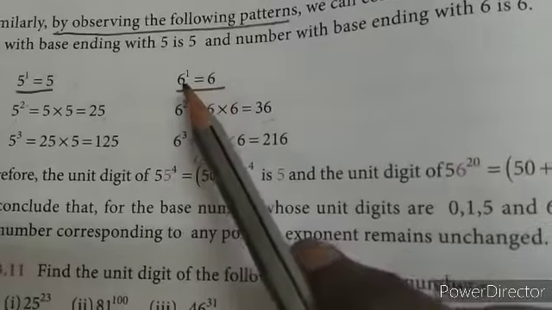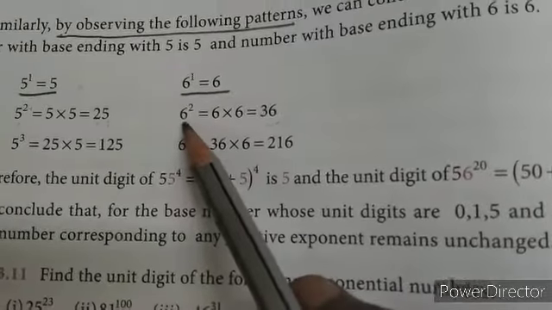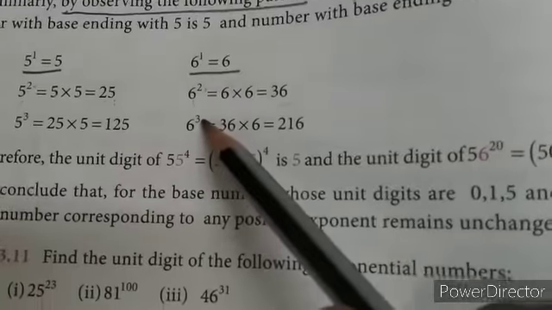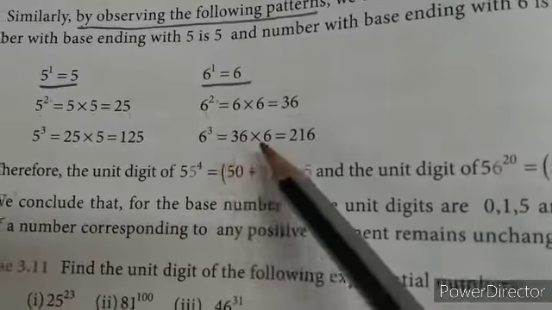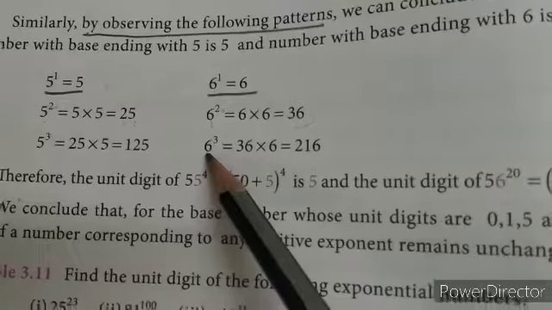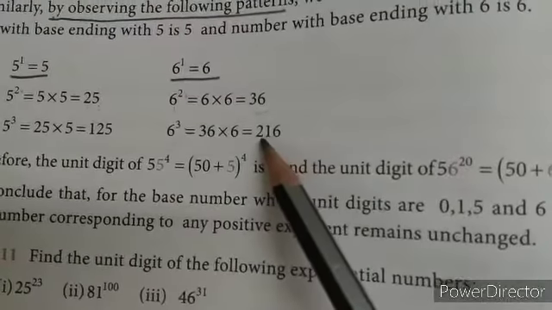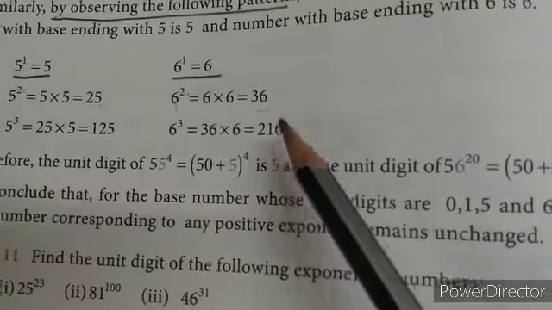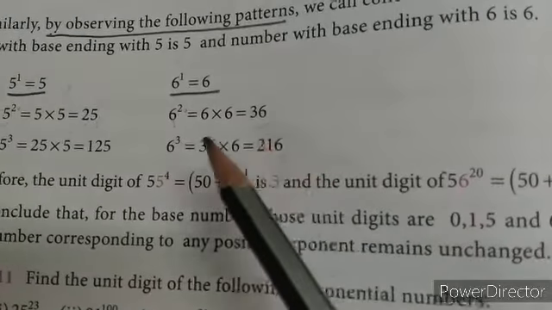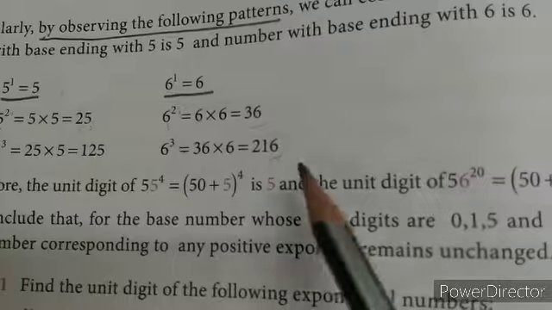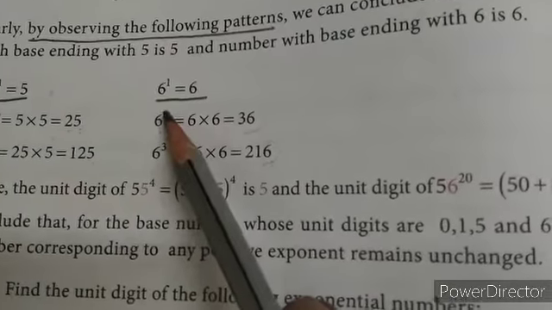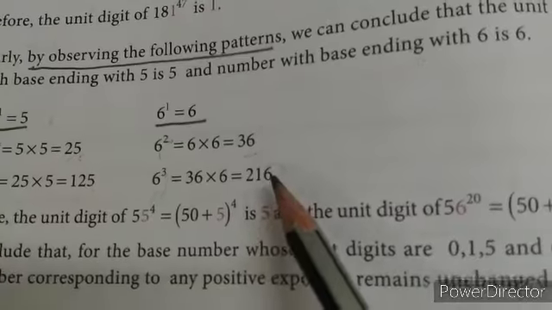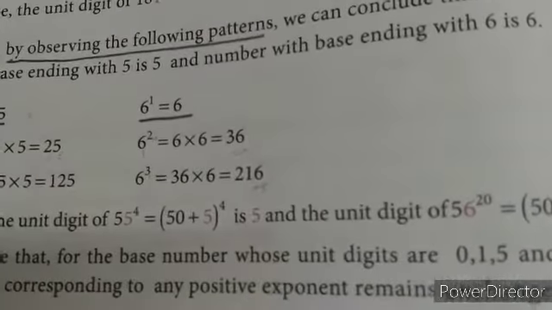Next, coming to the next pattern with a 6, yes, check the power, it is an even power, and this one is an odd power. If you multiply the 6 twice, your answer is 216. Check the unit place of the given number. It ends with 6. So for the number which ends with 6, whether it is an even power or an odd power, the unit place of the answer will end with 6.